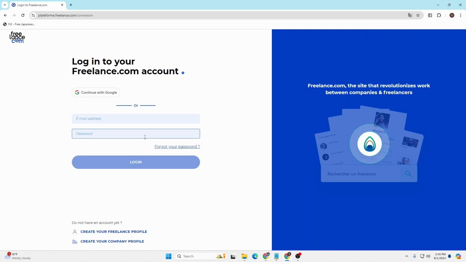Over here, in order to proceed guys, either you can log into your freelance account with your Google account. If you click on this button, you'll be taken to a page where you will be able to log into your Google account, and if you sign into your Google account over there, you'll be logged into your freelance account with your Google account. But for a manual login, enter your email address over here which you had registered on freelance at the time of creating your account,